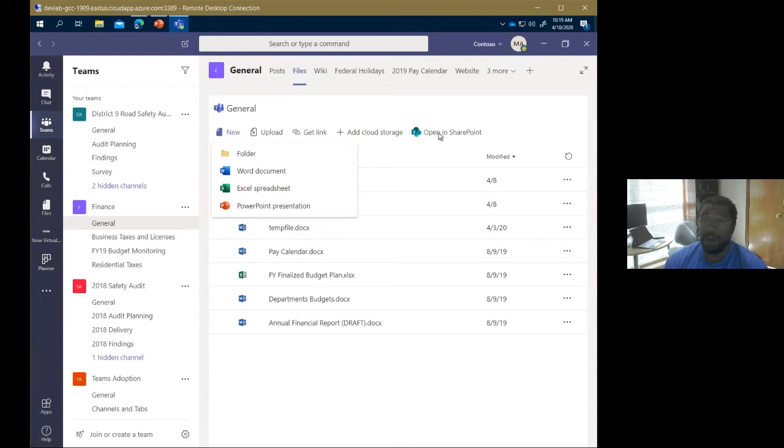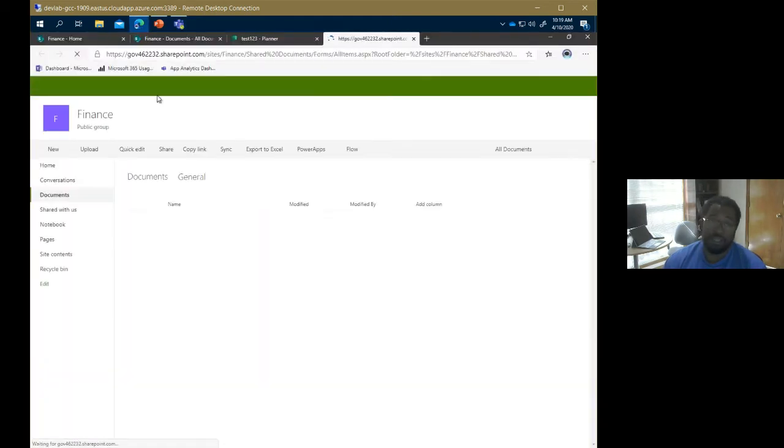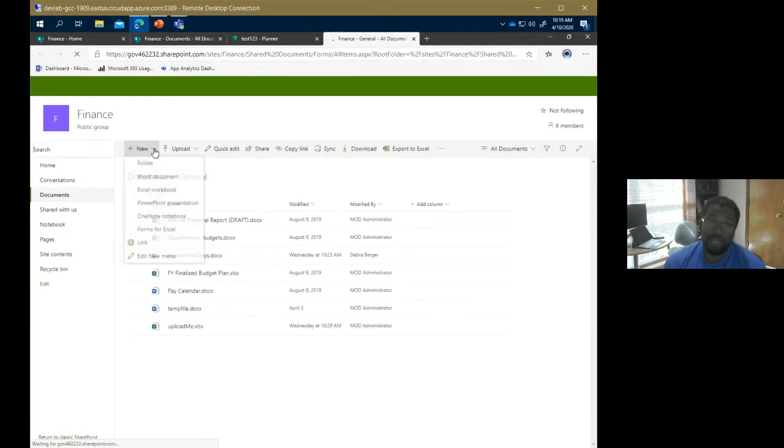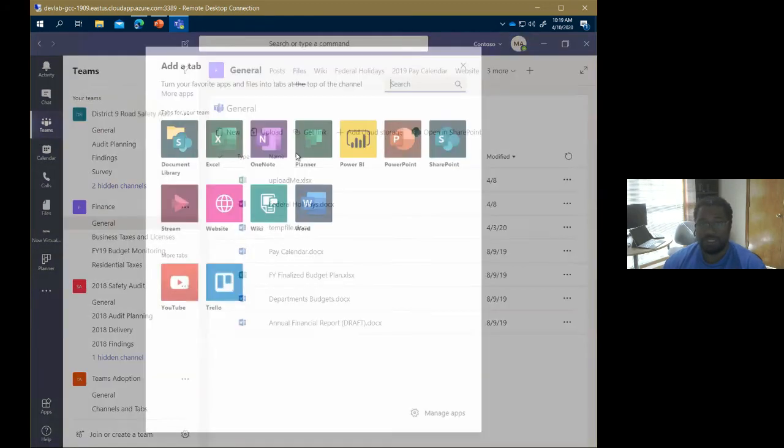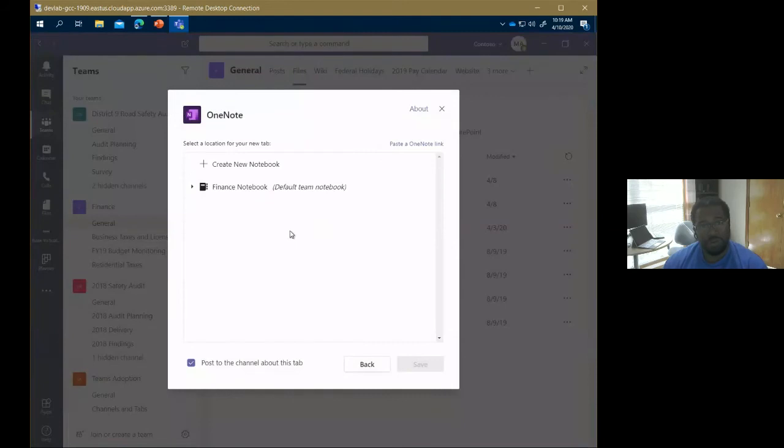But without that OneNote tab, I would have to open this in SharePoint, and in SharePoint, I certainly have a new OneNote notebook there. But because we now have the tab, we don't have to go out to SharePoint for creating a new OneNote anymore. We just use the tab, and it helps us create a new notebook, right with the tab.